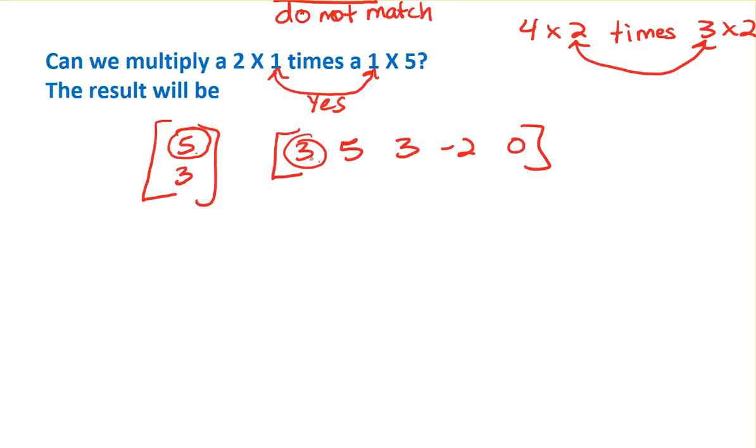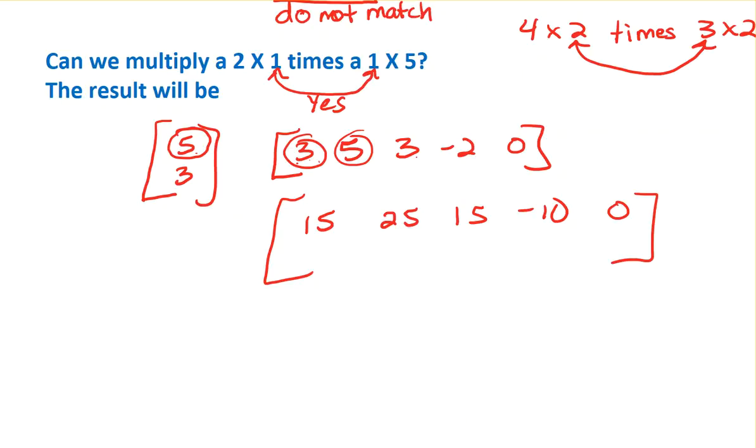Well, my distributive property is just very quick. First I'd take the 5 times the 3, and then I would take the 5 times the 5, and then I would take the 5 times this 3. So then I would take the 5 times the negative 2 and the 5 times the 0. And then I'm ready to move down and take the second row and match it up. So the 3 times the 3. So now I'm in the second row and the first column, and then the second row times the second column, and then the second row and the third column, second row and the fourth column, and second row and the